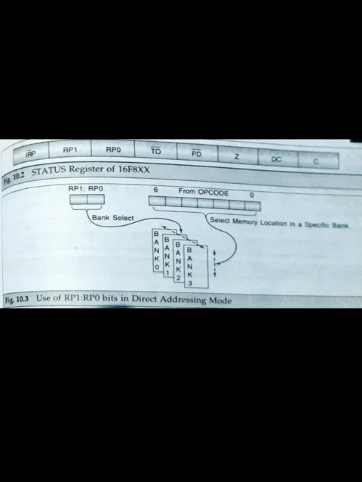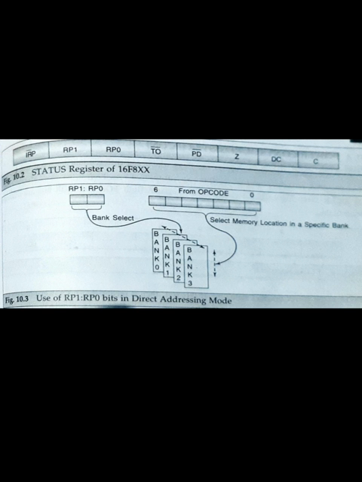After that, the remaining bits are the register bank selection bits. The next bits are the RP bits, RP1 and RP0, used for the selection of the register bank in direct addressing mode, and the last bit, the IRP bit, is used for bank selection in indirect addressing mode.